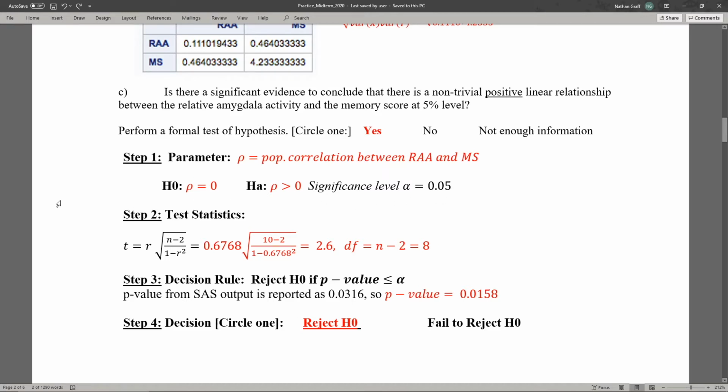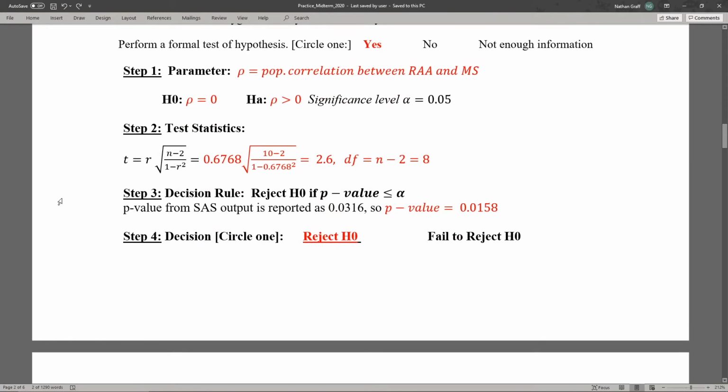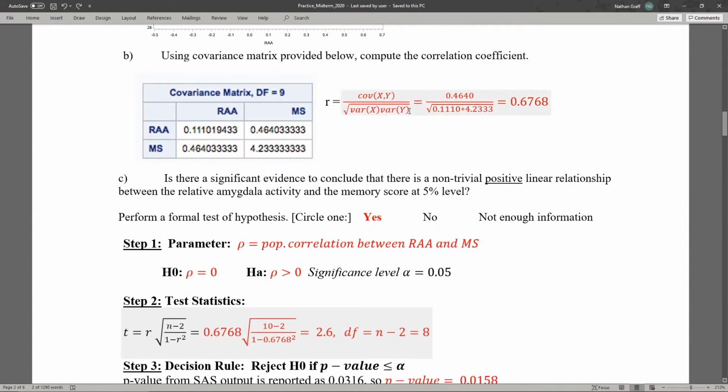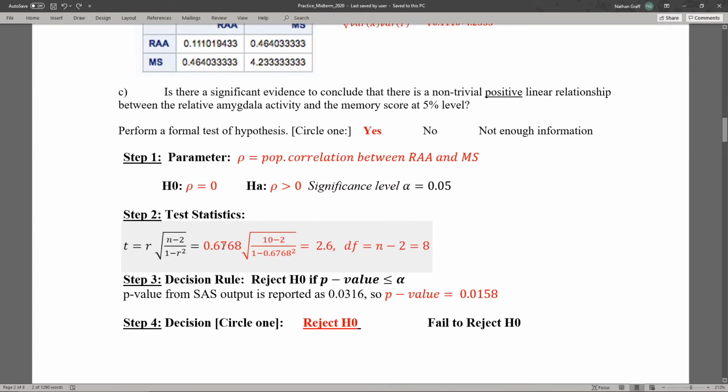We then can calculate our test statistic. Here we have our test statistic of r times the square root of n minus 2 over 1 minus r squared, where r is the correlation coefficient. This gives us a test statistic of 2.6. Furthermore, our decision rule is such that we reject the null hypothesis if the p-value for our test statistic is less than alpha. In this case, we're given a p-value of